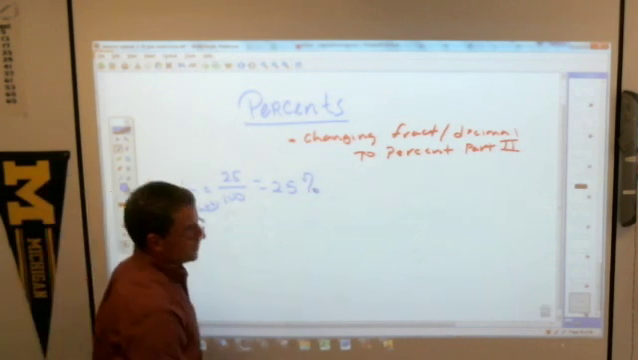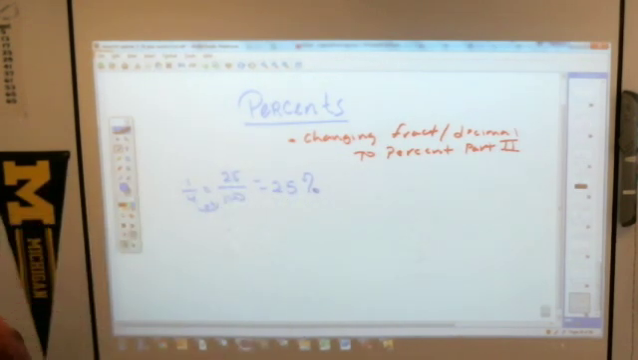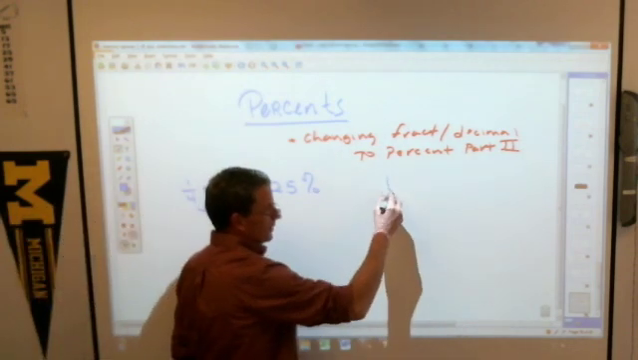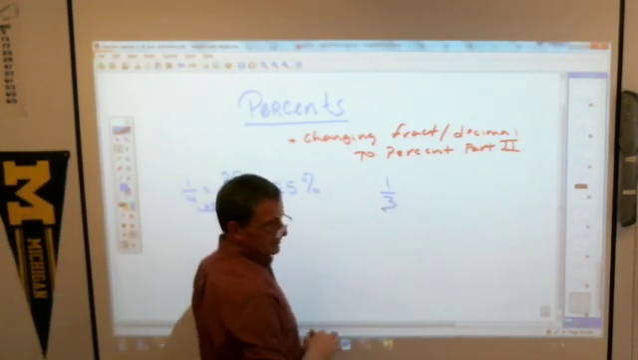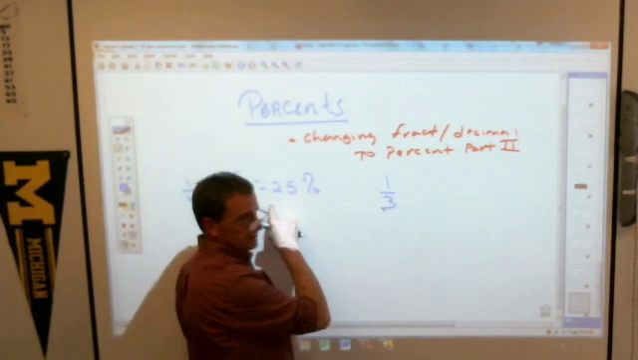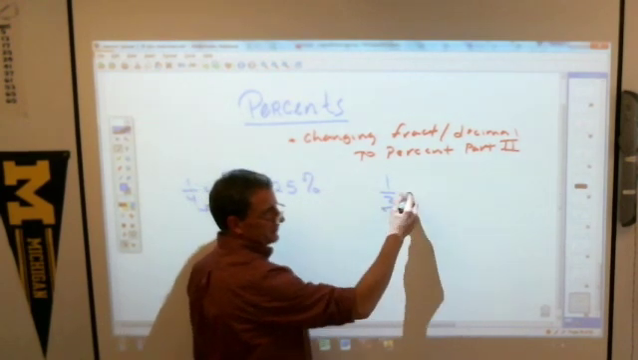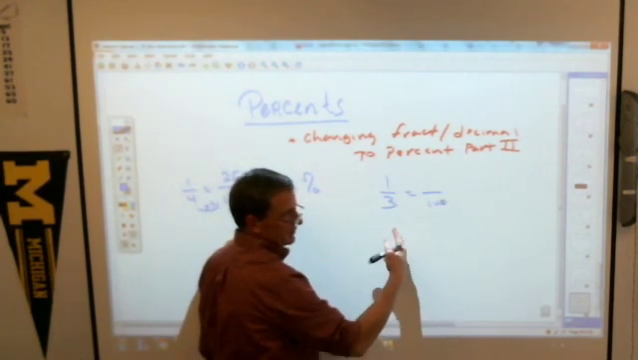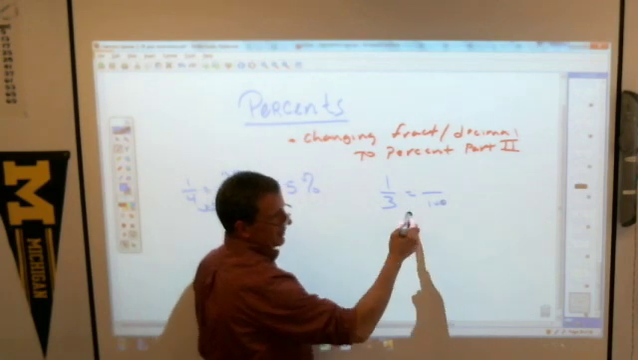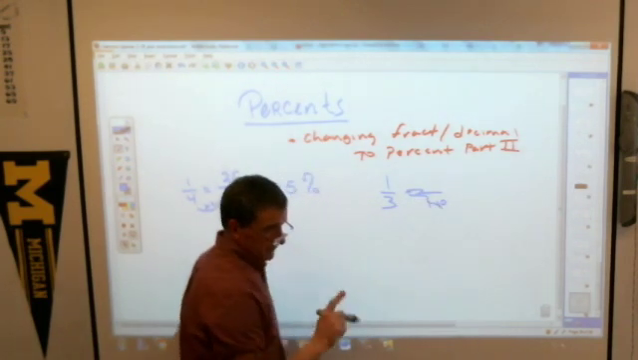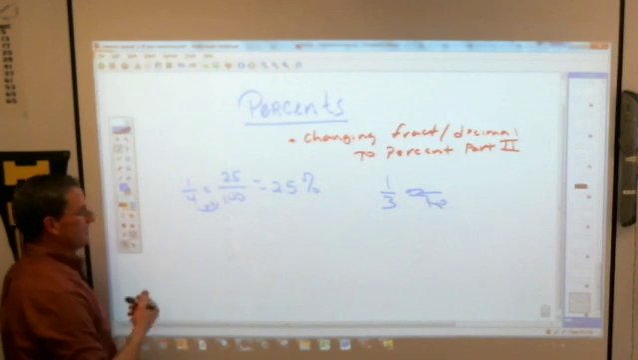Okay, but the fraction, let me see what they give us. 1/3. While you might know what it is, to figure it out mathematically, this doesn't work because 3 doesn't go evenly into 100. So you have to have a plan B. Okay. Same thing with